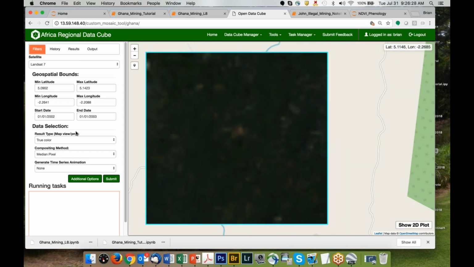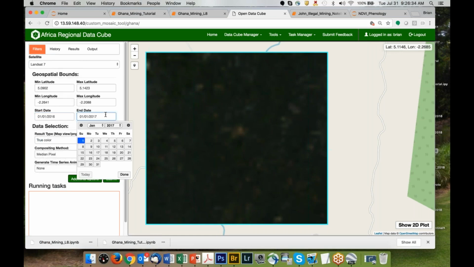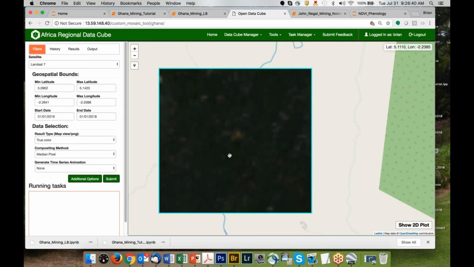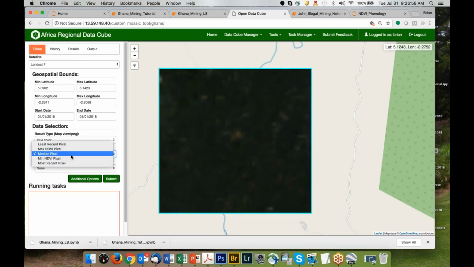But let me show you what this looks like if I increase it to, say, 2016, and I'll go to 2018. I'll do a 2-year mosaic for the same area. And remember, in the 2002 image there were no changes at all. Let me see if I didn't submit it. There we go. Now I'm running a mosaic. Let's do most recent pixel. We'll let this run, and then I'll come back and we're going to start to do the next step,